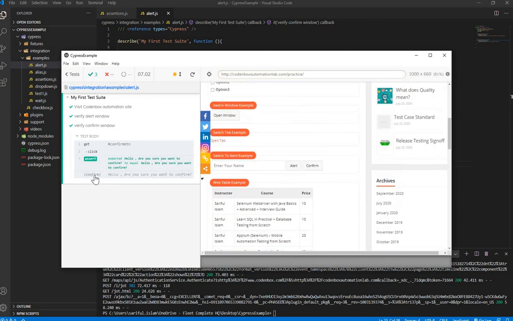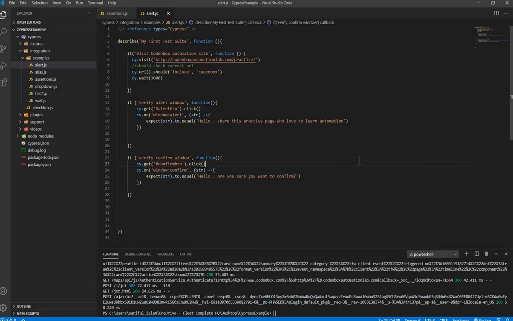You can see it's saying here the message is found from the alert window or confirm window. Okay, so that's the easiest way to handle your alert, any web pop-up, or confirmation box in your web application through